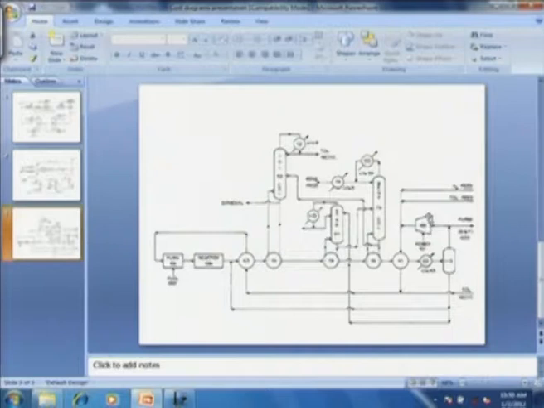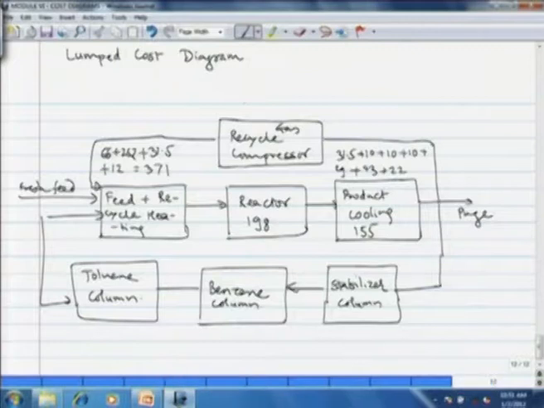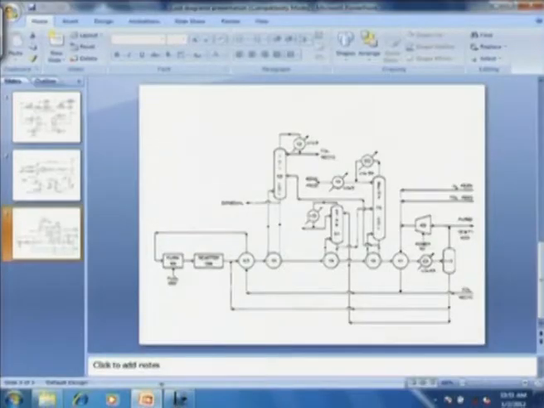Now gas compressor here, the annualized capital cost is $49,000 and $60,000 is the power that is required for it annually. Okay. So here we write 49 plus 60, that is 109 is the cost of gas recycle compressor operation. And then the 3 columns, stabilizer column, benzene column and toluene column. Now the first, let us see the stabilizer column.